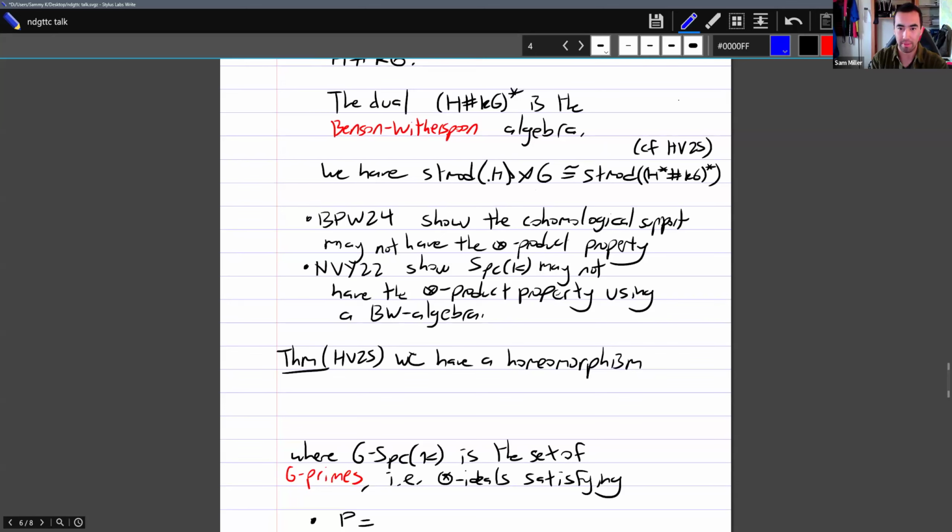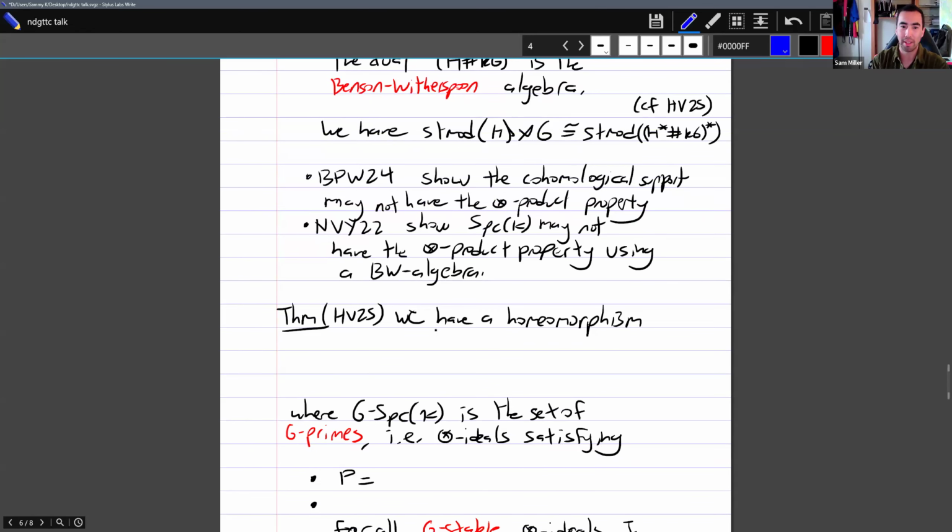And we actually have an equivalence of categories: the stable module category of H cross G is isomorphic to the stable module category of, you take H dual smash KG and then take the dual of that. So Benson, Plavnik, Witherspoon show that the cohomological support of one of these categories may not have the tensor product property. We give an explicit counterexample. And Nakano, Vashaw, Yakimov show that the spec of K may not have the tensor product property using one of